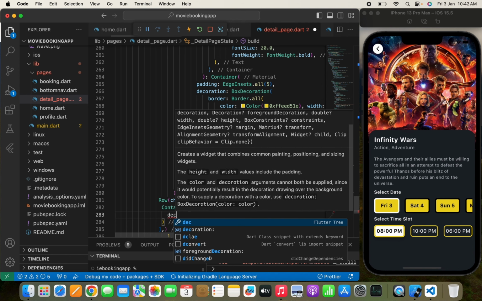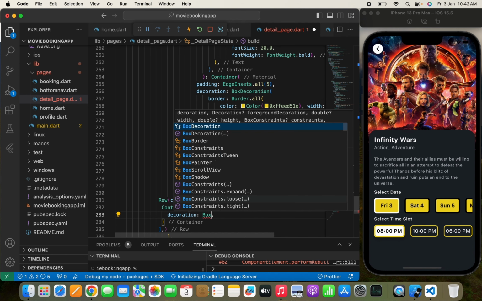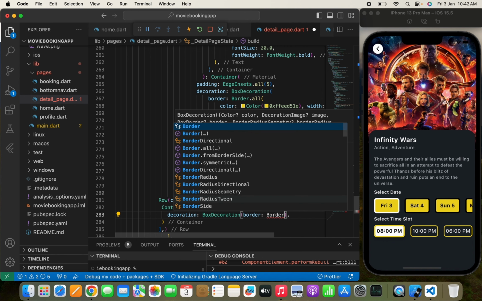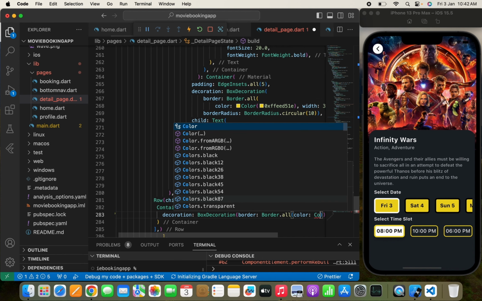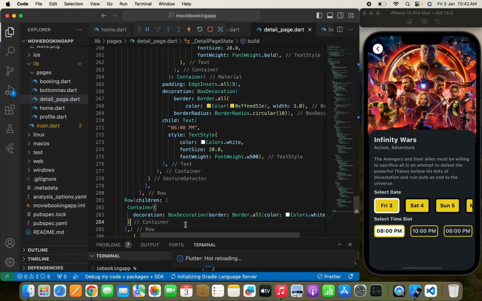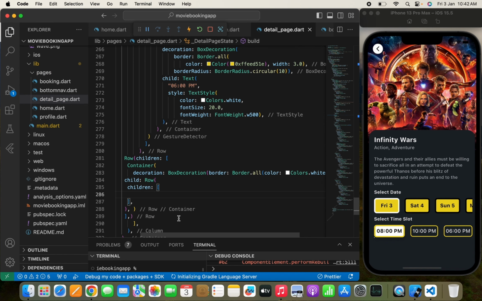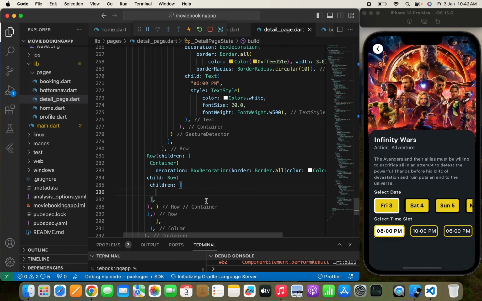In the container I will pass a decoration, a box decoration. Now the border I will pass Border.all. Now the color, which will be Colors.white, and here I'll pass a child, a row, and children, something like this. Now once we have passed children, first I'm going to simply show the plus icon, then a remove icon, and in between the quantity of a number when the user will press the plus